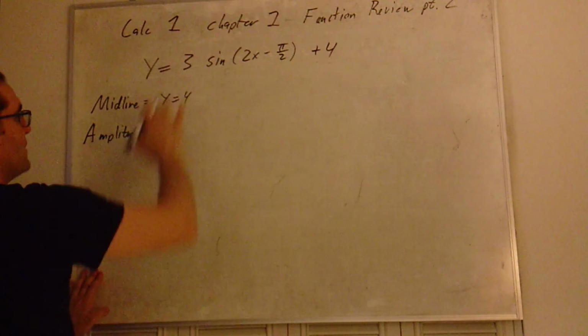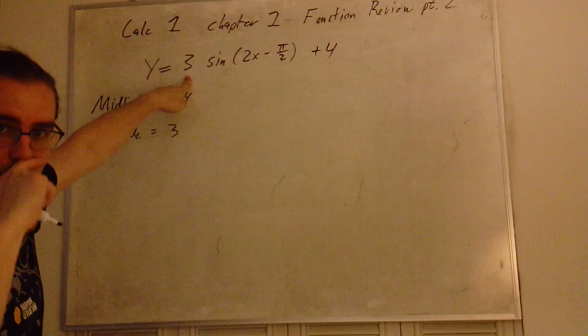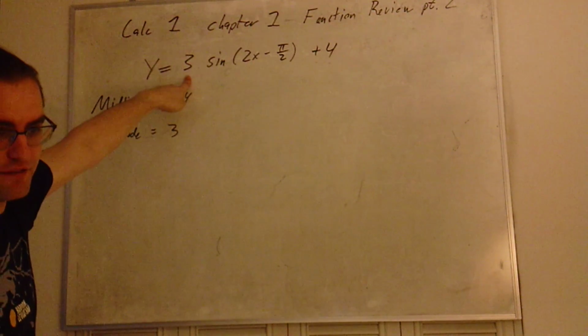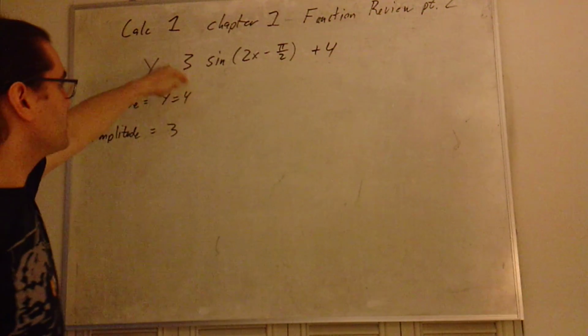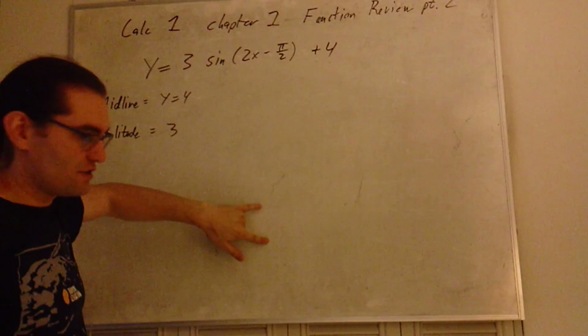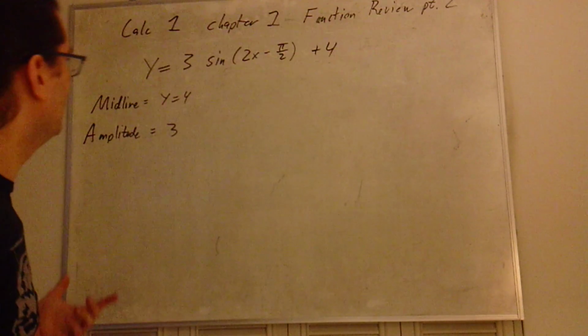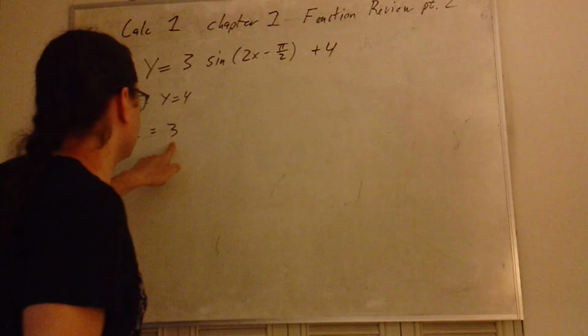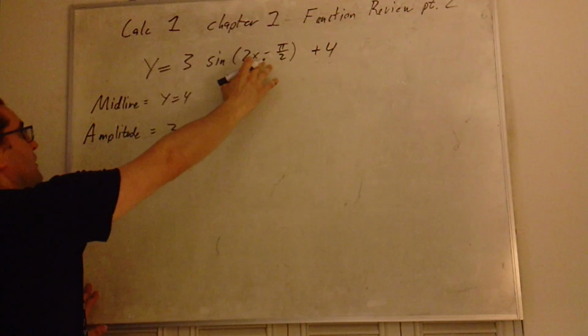Amplitude is always the absolute value of this number. The one transformation that applies to trig the same as it applies to everything else is multiplying by negatives. If you multiply by a negative on the outside, that will just give you a vertical flip, and that's fine. We still report the amplitude as +3. The phase shift